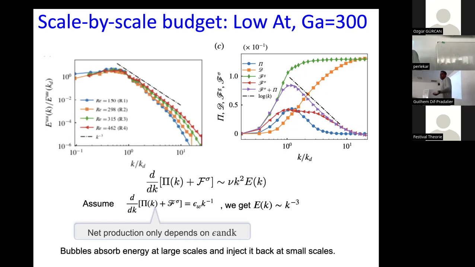But that is expected, right? That's what you would expect from dimensional energy. And that is balancing viscous dissipation. So you can do a balance. You take a derivative of flux, the net production, which is phi of k plus f sigma, and that should be equal to viscous dissipation, thereby giving you the -3 scale. Okay. So this at least explains that even though Lance and Basal are not completely correct, if you rethink what the production could be, then you can put things together and you understand what is the origin of the -3 scale.